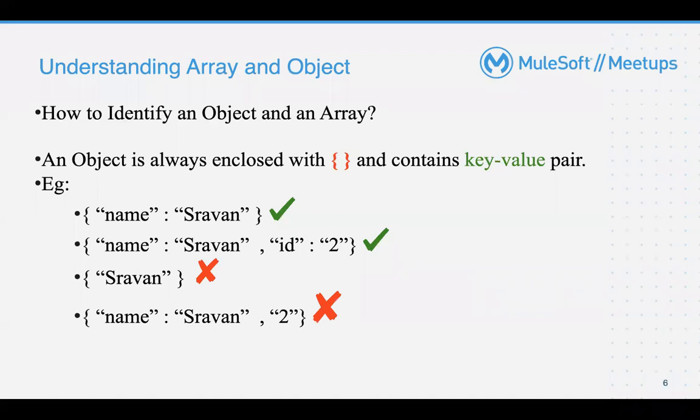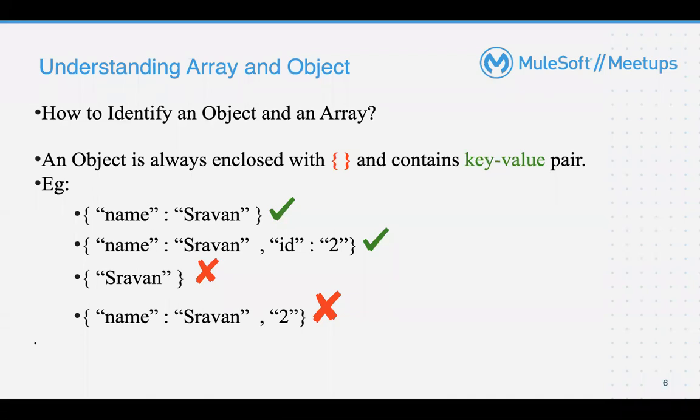And in this one, you can see name and Shravan, yes, it has a key value pair, and you are separating it by a comma, and then you are seeing a value called 2. Again, it should be a key value pair, but we are seeing only one value. I don't know whether it is a value or a key, so it will not satisfy the object condition. On a high level, please understand that an object should always be enclosed within curly braces and it should have a key value pair for sure.